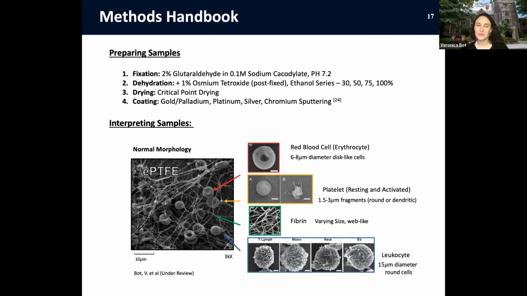In terms of interpreting samples, this is very important as well. If you are not familiar with the morphology of the blood clot, it is possible you can draw some misleading conclusions. So make sure you can identify a red blood cell. A red blood cell has this disc-like, donut-like shape. It's relatively large. It should have this sort of spherical and round shape. If this is not the case, it may indicate there's an issue with your solution preparation. There is an issue with your protocol.